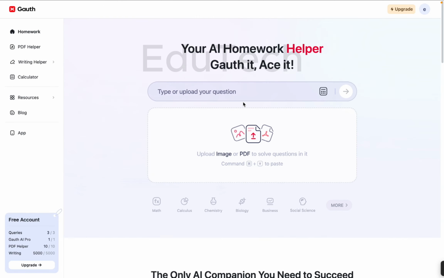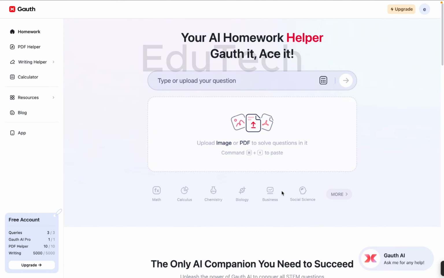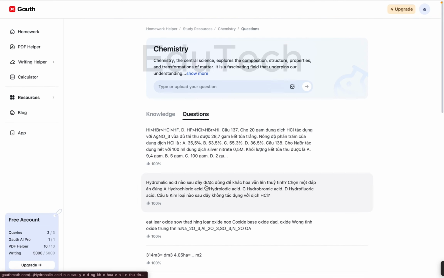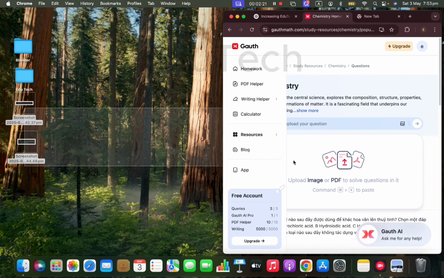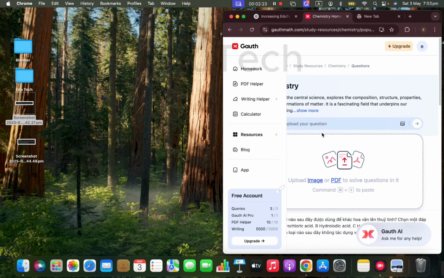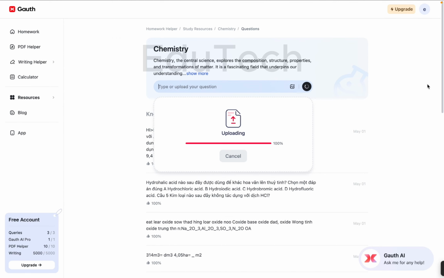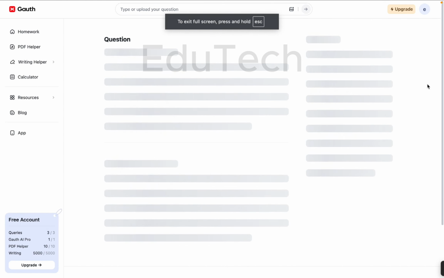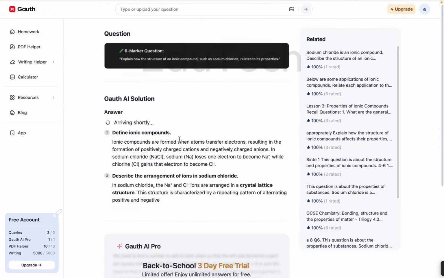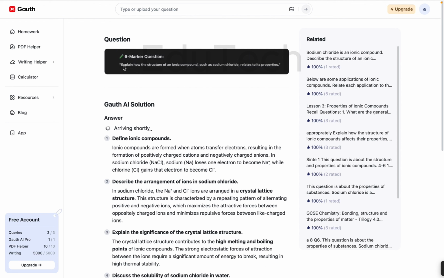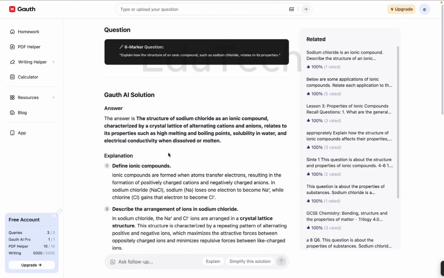Now, if we go back to homework, and this time go to chemistry, and we upload our chemistry question, which we have over here, then we can see that the question we have is the 6 marker, which is: explain how the structure of an ionic compound such as sodium chloride relates to its properties. So it gives us a short,